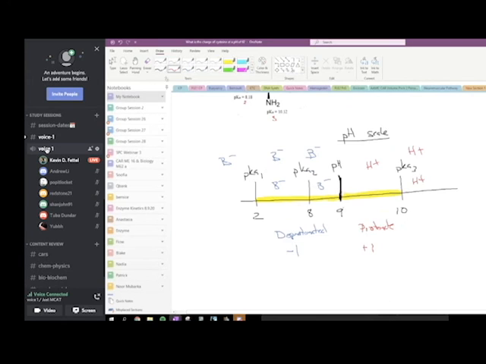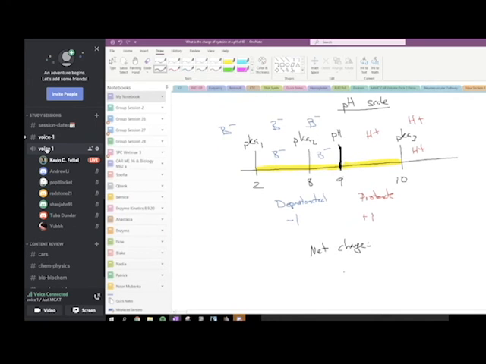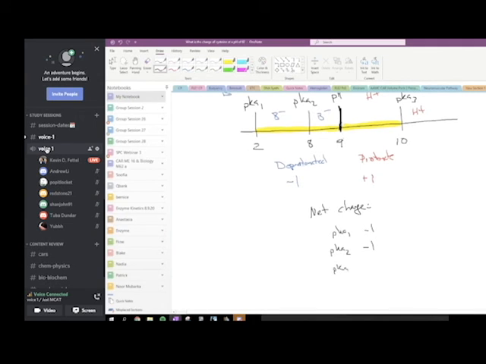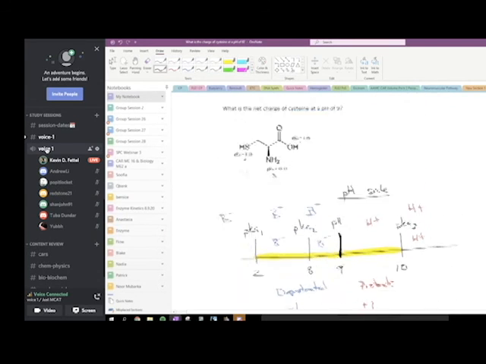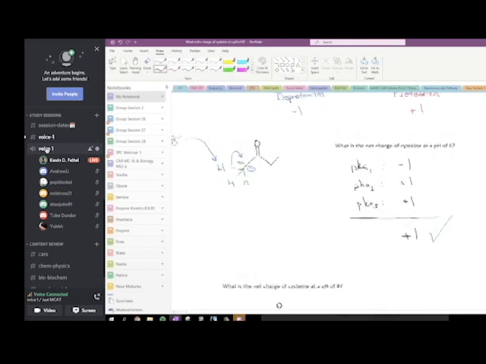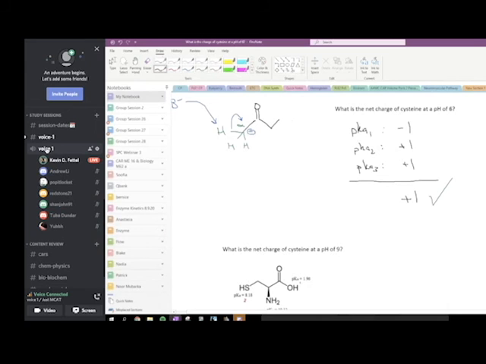Good. And then the net, as I already said, is going to be, well, we got pKa1, that's going to be -1. pKa2, that's also going to be -1. And then pKa3 is going to be +1, for a total of -1. So everybody did a good job on that. Okay, not too bad. Okay, so let's talk about how else you might see this question being asked on the